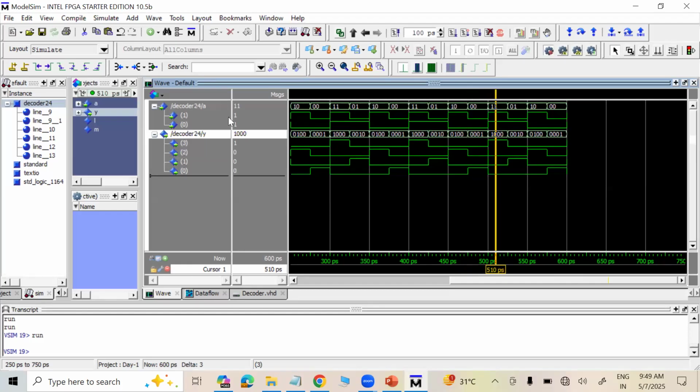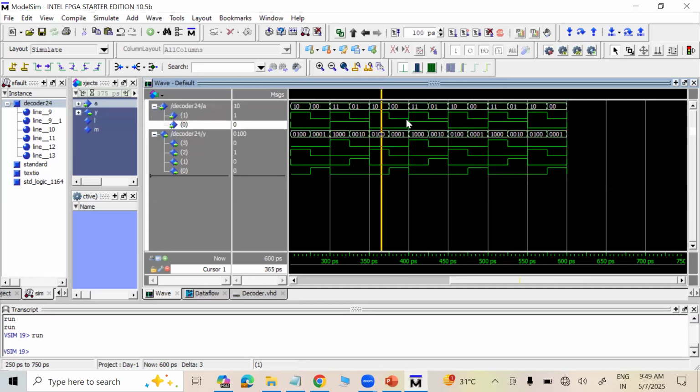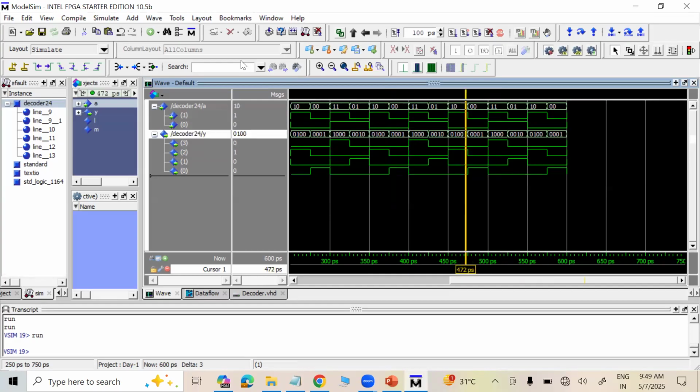I have taken A0 and A1 as a clock bus so that all the possible combinations can be viewed here. So closing this simulation,